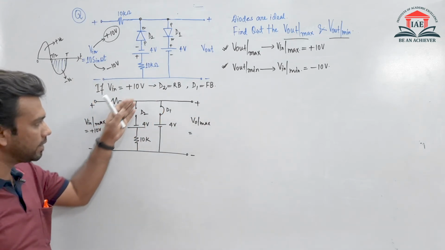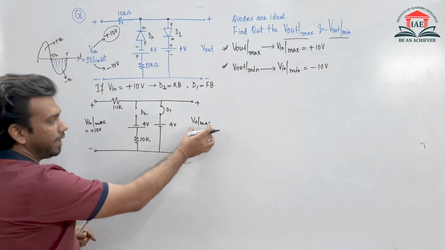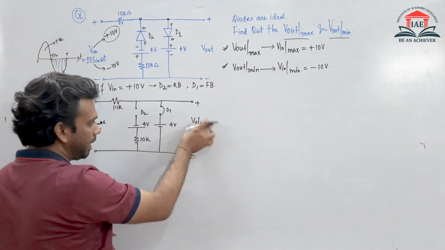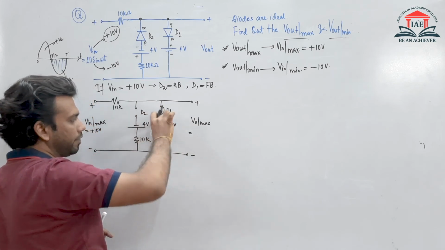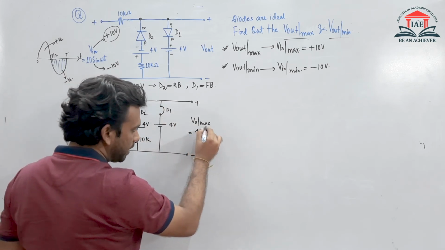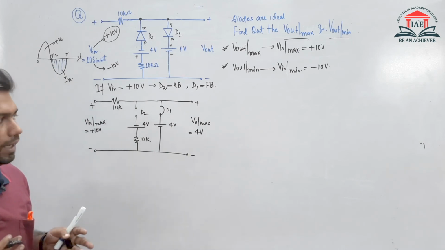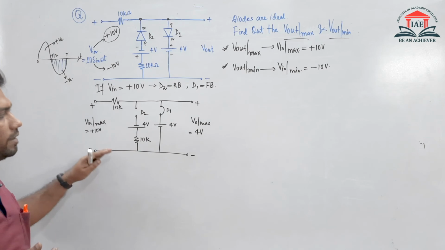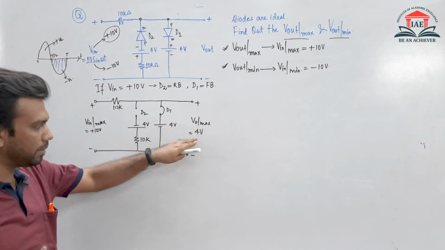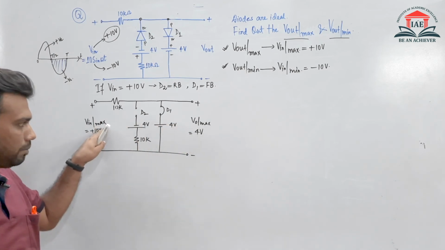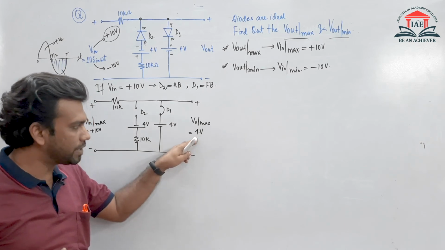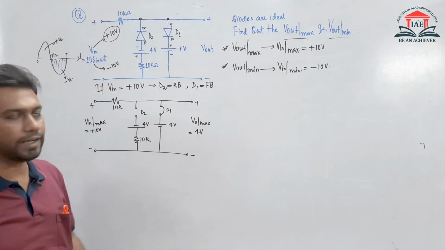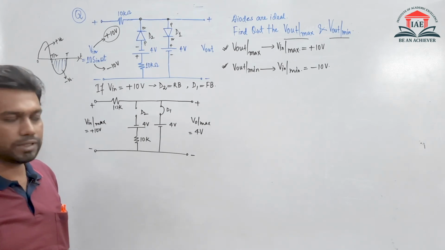Now if you look at this circuit, what will be the value of the V0 right now? This D1 is short circuited, so the V0 max is nothing but this potential 4 volt. So आपका 4 वोल्ट ही आ रहा है जो मुझे पहले भी मिला था ट्रांसफर कैरेक्टरिस्टिक से. So in this way we can also find the output voltage maximum value using the input voltage maximum value. You can see, देखिए कि आपका 4 वोल्ट पहले आया था, यहाँ पे भी 4 वोल्ट आ रहा है, but यहाँ पे आपको ट्रांसफर कैरेक्टरिस्टिक्स यूज करने का कोई जरूरत नहीं है.